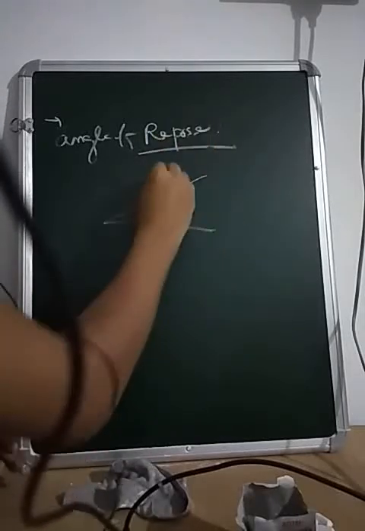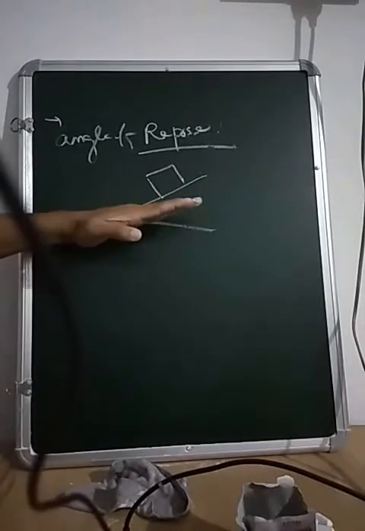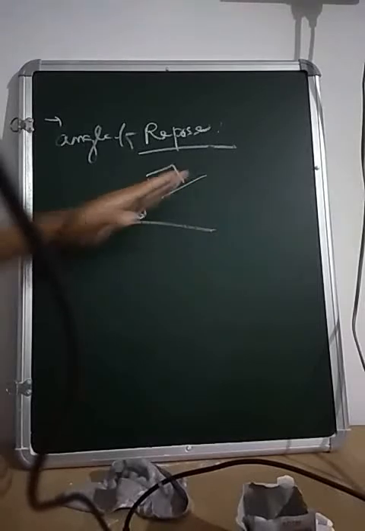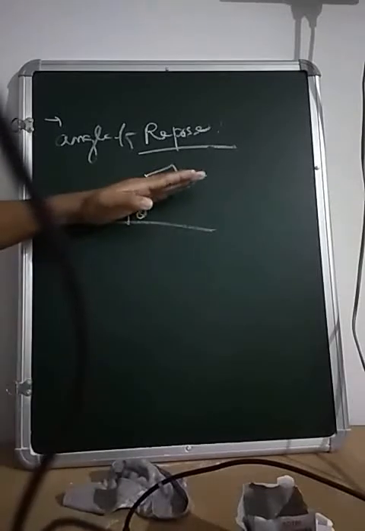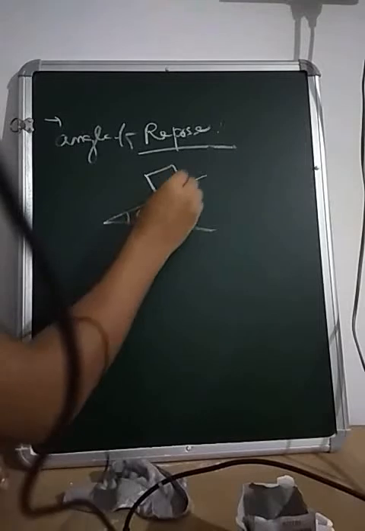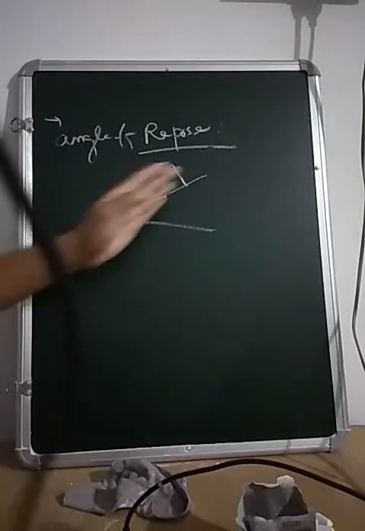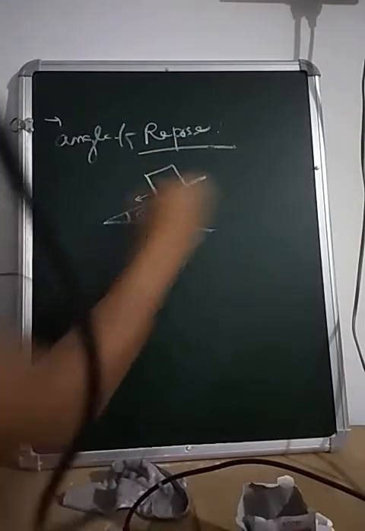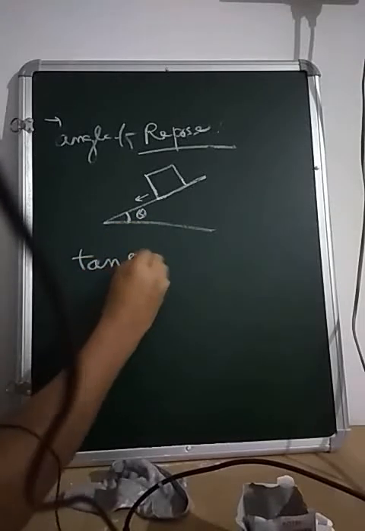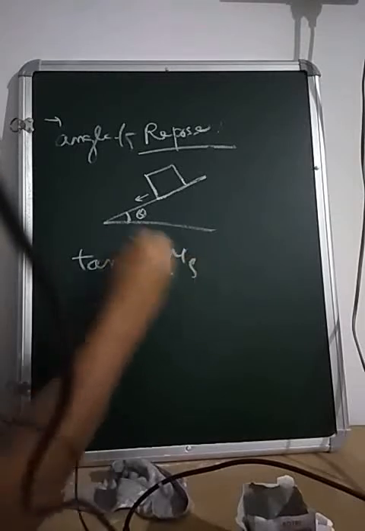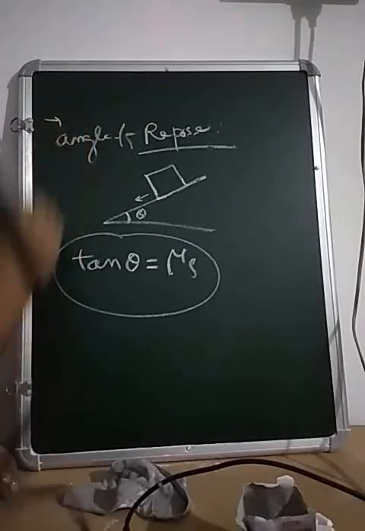Then after that, we discussed the angle of repose. So what is the angle of repose? Suppose you place an object over an inclined surface and increase theta. If theta increases, what happens up to a certain angle? When the plane is inclined up to a certain angle, what happens? This box starts sliding to the other side. So this angle at which the box just starts sliding over this surface is called the angle of repose, and here we also get that the tangent of the angle of repose is also equal to the coefficient of static friction.